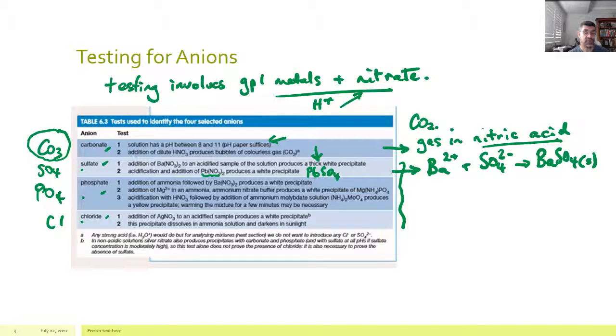The test for phosphates is a little bit more complex in this situation. We add ammonia and then barium nitrate, and that will also produce a white precipitate. If we add magnesium ions in ammonia as well, there is an ammonium nitrate buffer which gets set up, and as a consequence we produce a more complex white precipitate, which is this one here. Now these are more complex ones, and they are more difficult for you to understand. The phosphate ion is probably the most tricky of the four that you will need to look at,